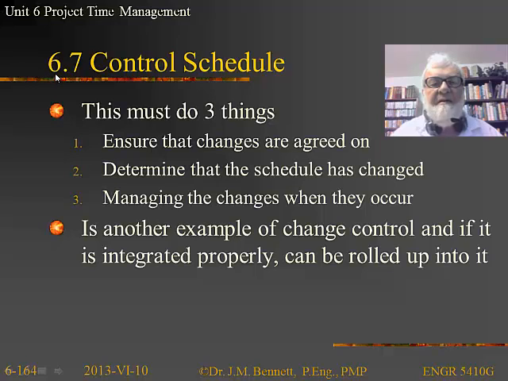basically the scheduling unit itself. In schedule control, we have to make sure we're keeping things online. So we have to make sure that the changes have been agreed to, the schedule's been changed, and we manage the changes when we've agreed to actually do the change itself. So in other words, it's just yet another example of ICC. And in fact, if we treat ICC appropriately, it can be done. But it's so important that we emphasize this in the PMBOK to make sure that it gets done if we